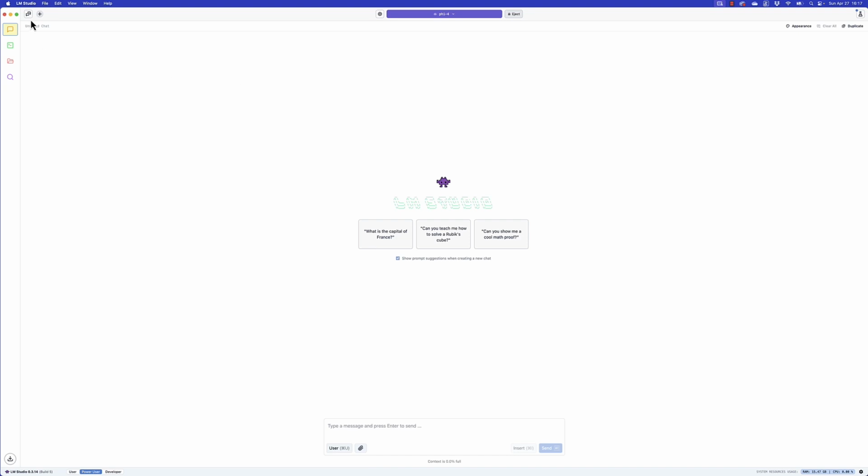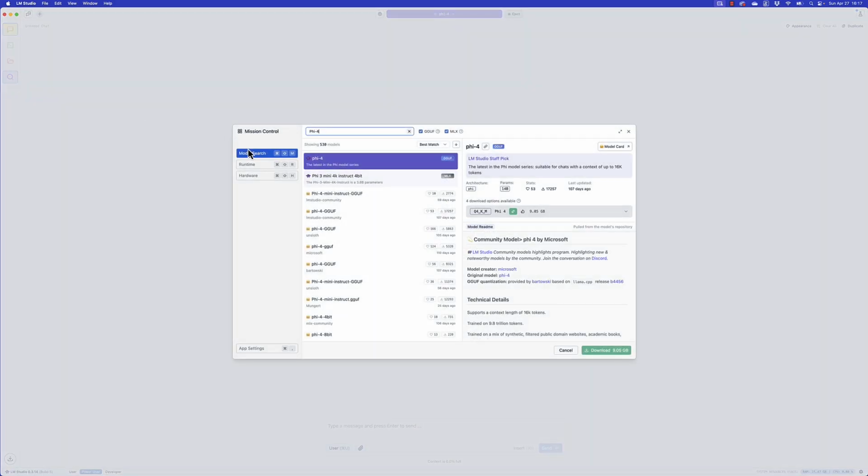So what I use is LM Studio, which is available for free. It's also for Windows. When you load it, you'll get something like this. And then over here on the spyglass, you can click on this and you can load many different LLMs. In particular, I'm going to use something called PHI-4. So I type this, it searches, and it gives me